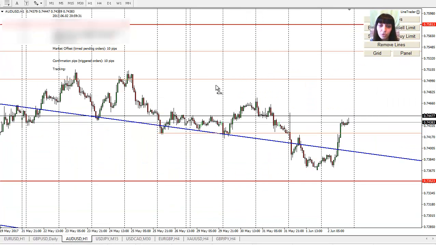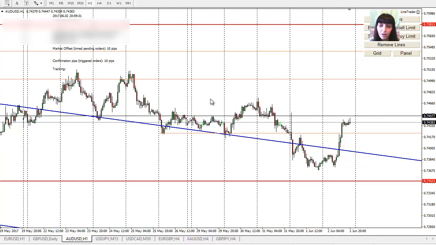Okay, now going to Australian. There will also be some news for Australian, so what happened? This is where we go to the previous week, and you can see on Monday it was very flat, went down a little bit. So I had this level, I drew that level, and this is where I was placing my pending orders to sell, and it happened on that movement. I got a little bit of profit on this, went into that, and of course, as I'm saying, I'm using trailing stops, so I was out with a small profit on the way up.